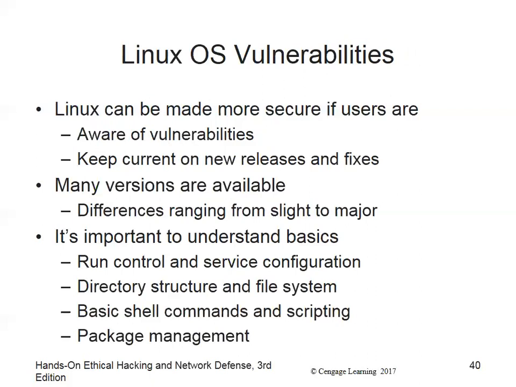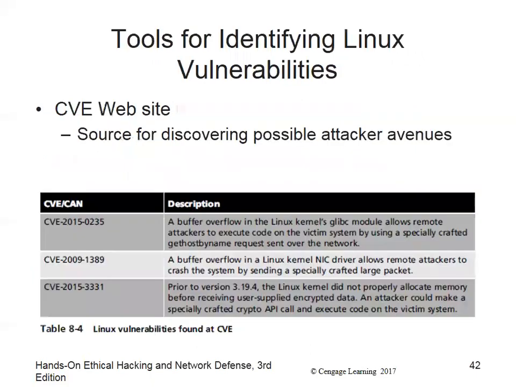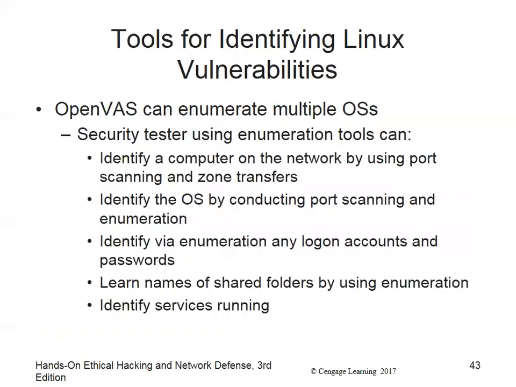All right, Linux. Still vulnerabilities, different vulnerabilities, not as many vulnerabilities in some, depending on who you talk to, okay? Different file structure, different everything, okay? Samba is kind of like NetBIOS. It's used to access Windows resources. It's like SMB. It makes Windows think that Linux is Windows, so you can share files with that. That's how you share files there. They talk about vulnerabilities; you can actually go to the same website to find out vulnerabilities in Linux. OpenVAS is a really good program for finding them. I think it can actually help you fix vulnerabilities.